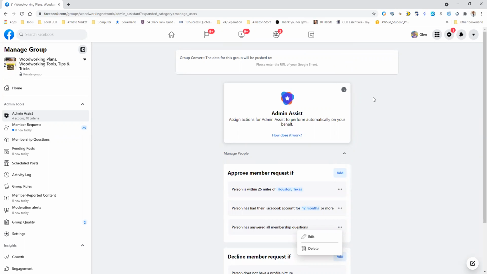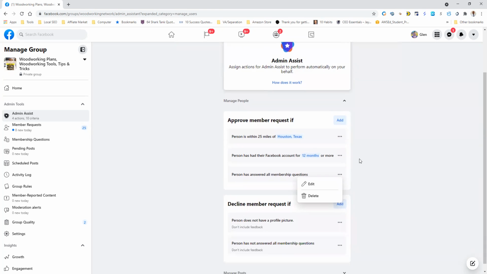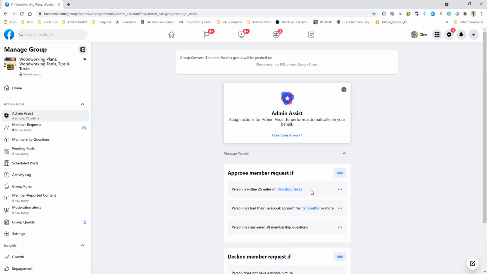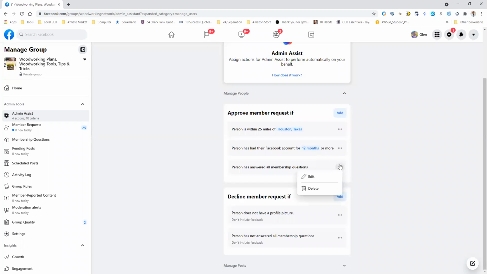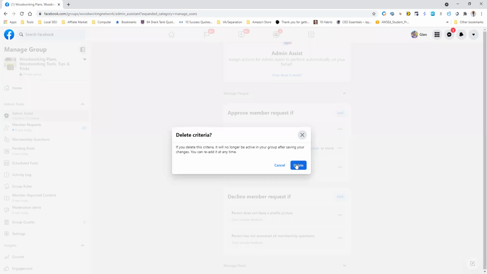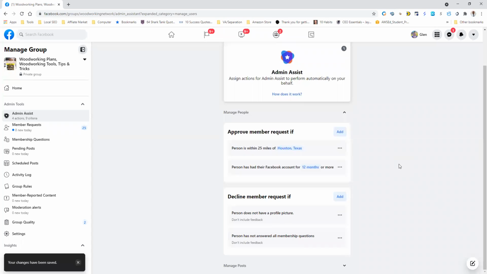Basically, I capture their email and start automations with it. So I don't want to auto approve if they answer all the questions. If they answer all the questions, I want my software to take care of it. So I'm going to delete that because that's not going to be a good setup.